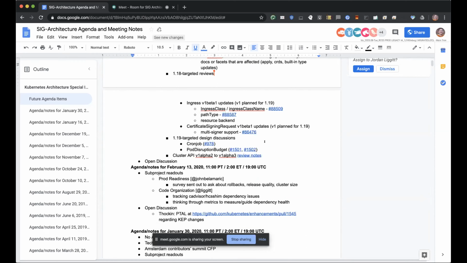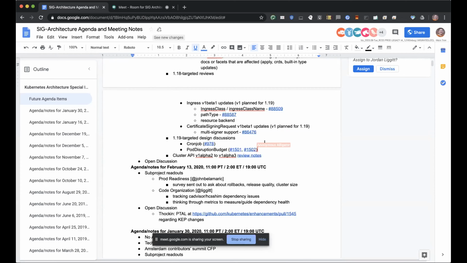So Ingress has a set of changes that are being added so that it is complete to promote to v1. Those are linked there. And then certificate signing requests are adding support for multiple signers. That PR is in review. Actually, the API PR is reviewed and it's pending review of the implementation. So those are the 2 APIs making progress towards GA that are being updated in 1.18.